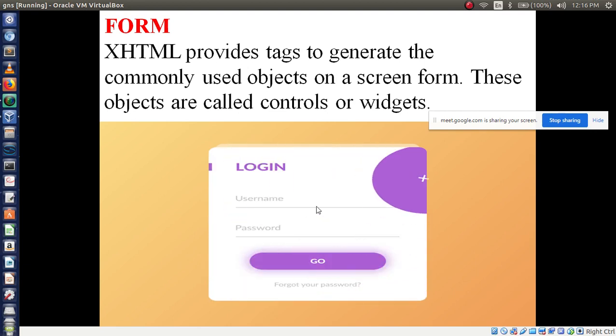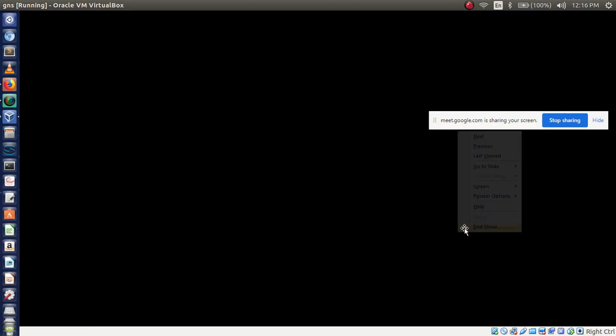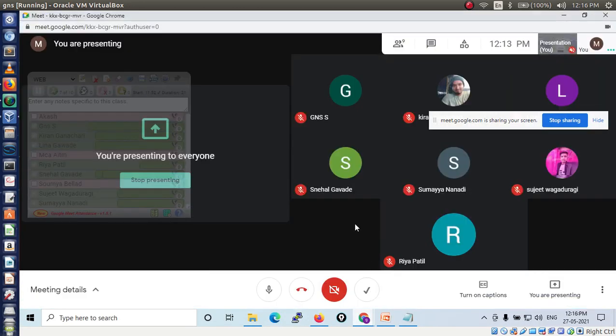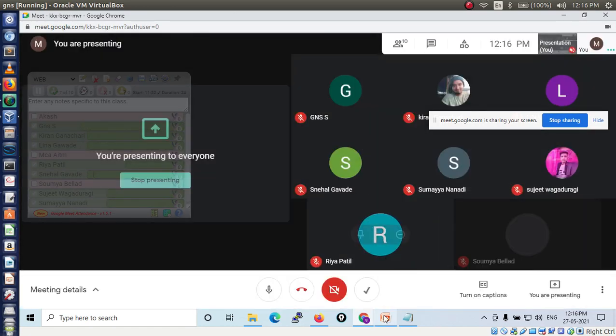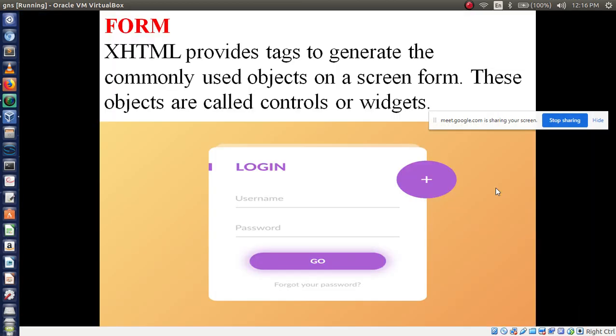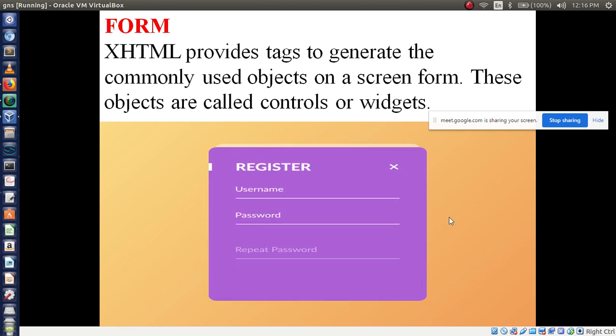Okay, so these all are called what? Basically, controls. What are the controls we are using in web applications?